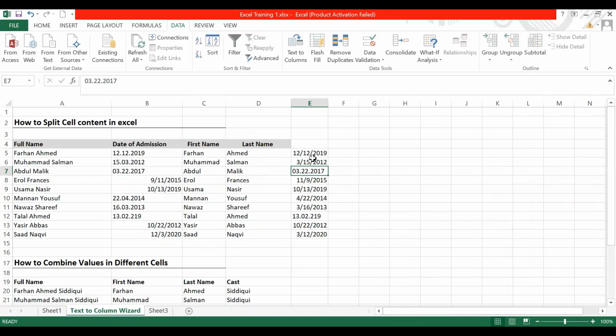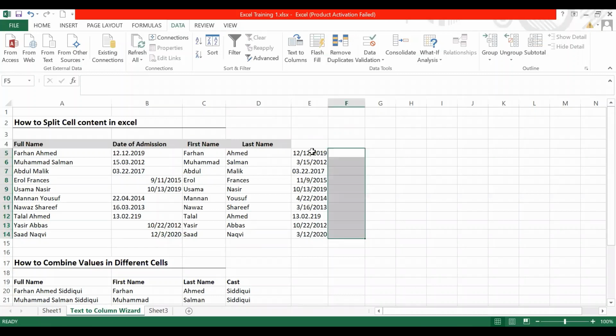Here too, it is giving me different results. Now I can see that some values are still unchanged. This is because when I exported the reports from the software to Excel, Excel took it as plain text.